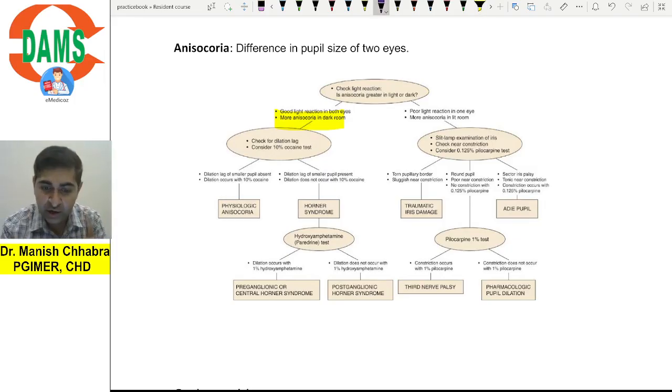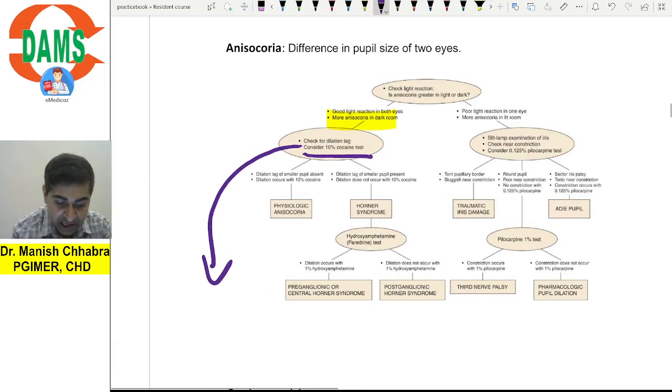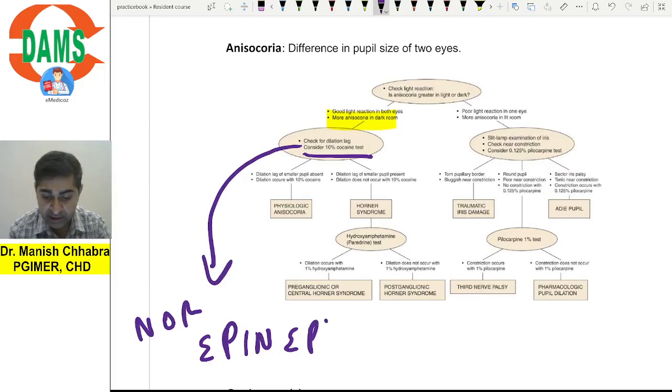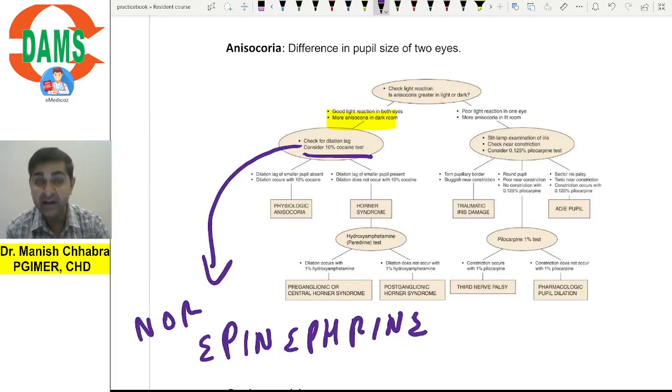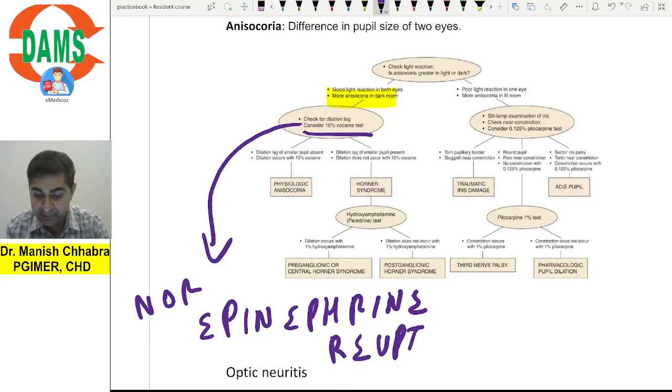So the first drug you are going to use is 10% cocaine eye drops. What is the mechanism of action of 10% cocaine? It is a norepinephrine reuptake inhibitor. That means if there is presence of norepinephrine in the synaptic terminal or junction, it will prevent the reuptake